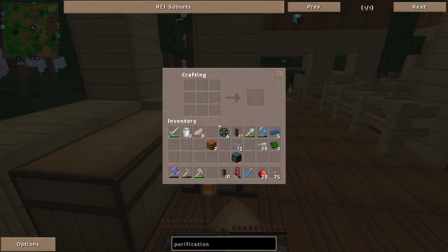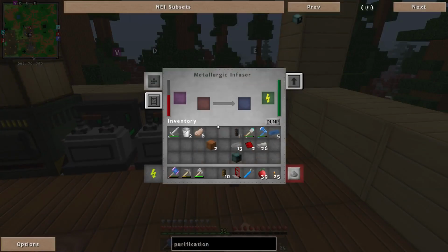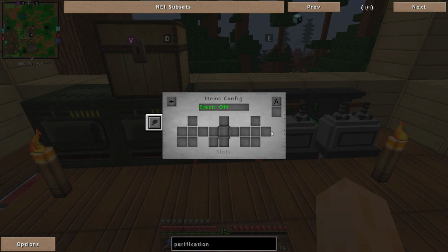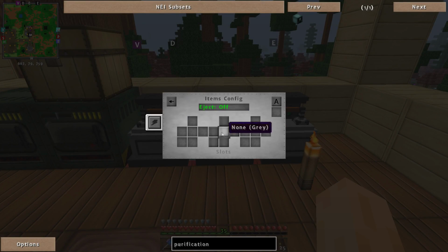Right, so what we need to do now is get these 2 basic control circuits, like so. Make 2 advanced control circuits. We then need some osmium, and we need 4 more enriched alloys. So we need 1, 2, 3, 4 more of you. Yeah, the way this is going to work is that basically what I want to do is have this outputting to the left, inputting from the right, outputting from the...